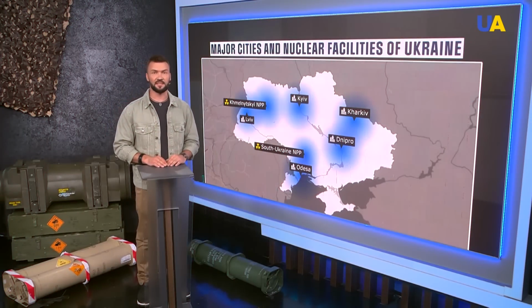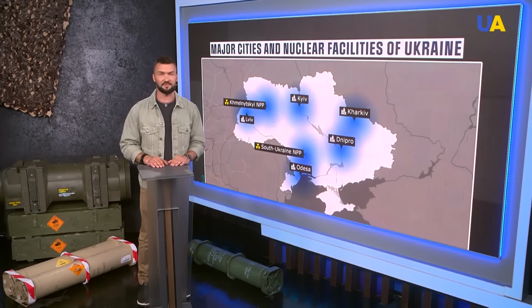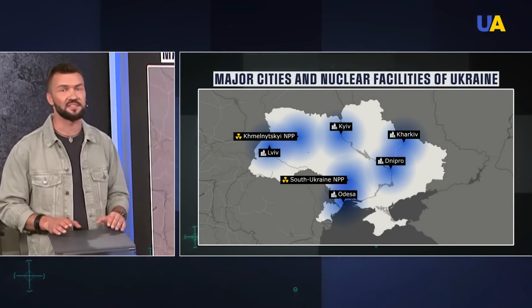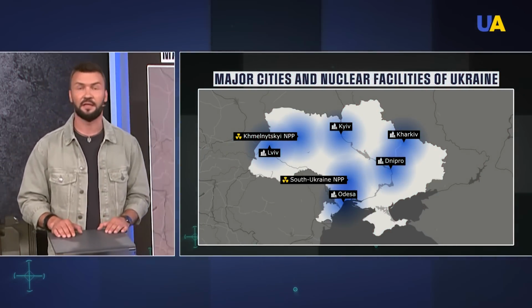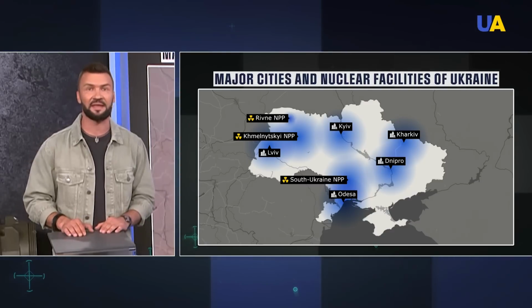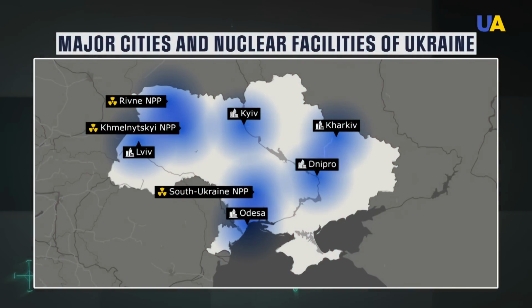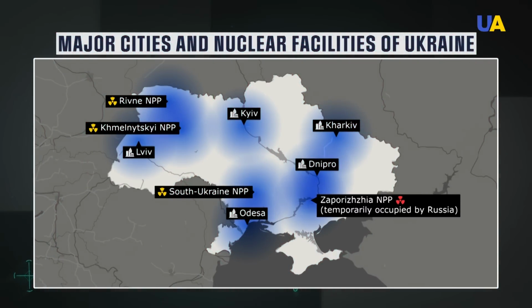Regarding nuclear facilities, the deployment of Patriot systems is essential to safeguard Zaporizhzhia nuclear power plant, the largest nuclear power plant in Europe, located near the city of Enerhodar; Rivne nuclear power plant, an important nuclear facility situated near the city of Varash. Another 2 important nuclear facilities in Ukraine are South Ukraine nuclear power plant, located near the city